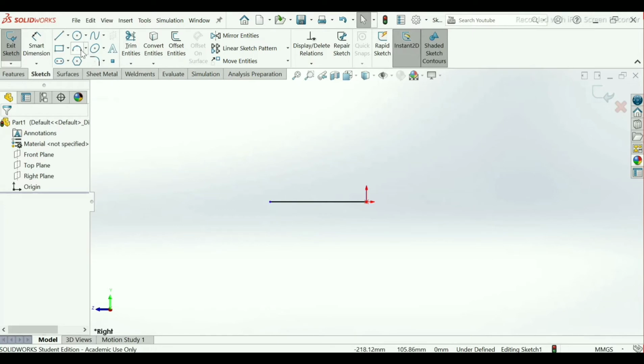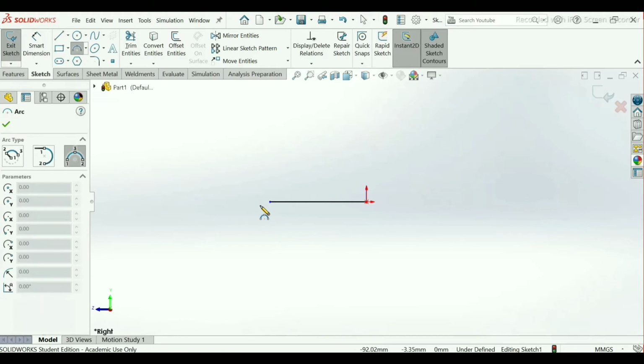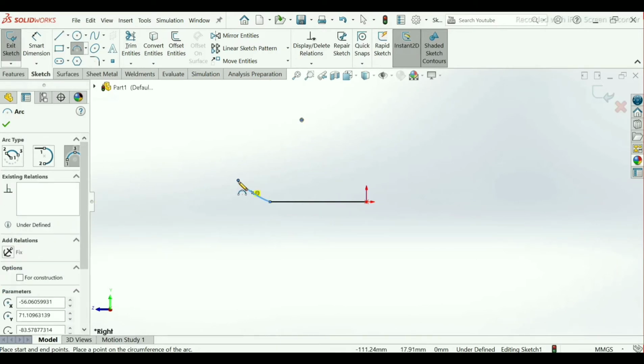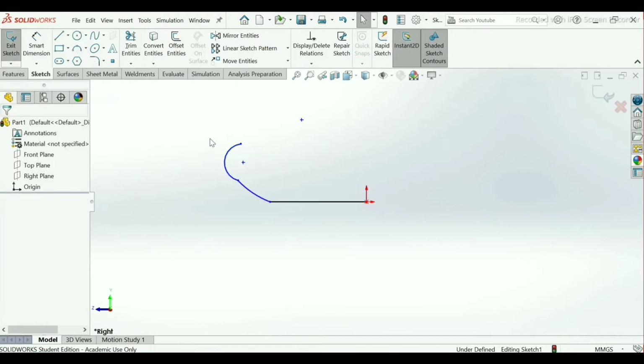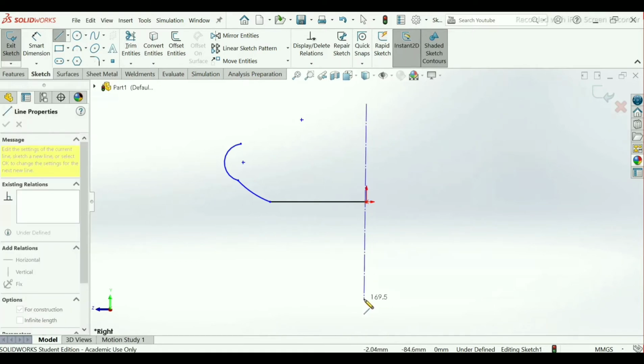Now here make arc, take 3-point arc, draw 2 arcs here. Take center line from sketch command, make it from origin point.